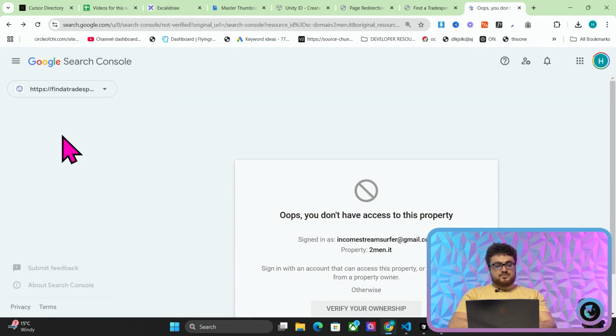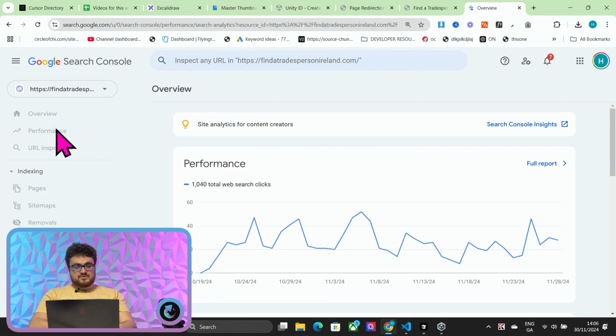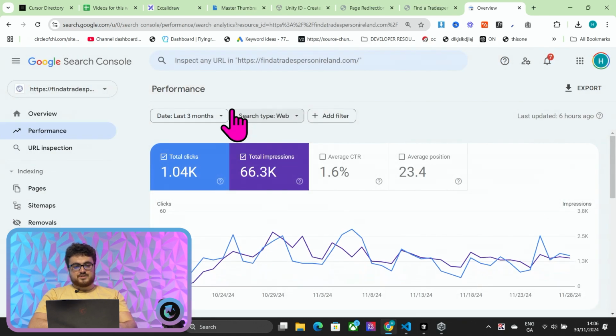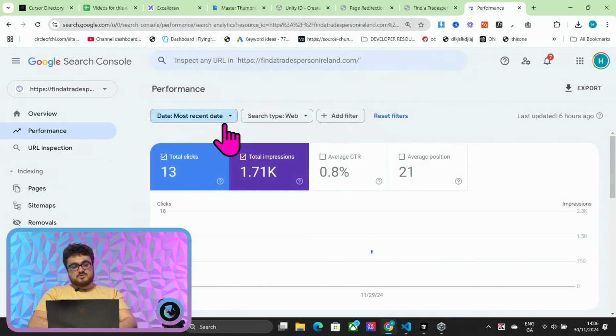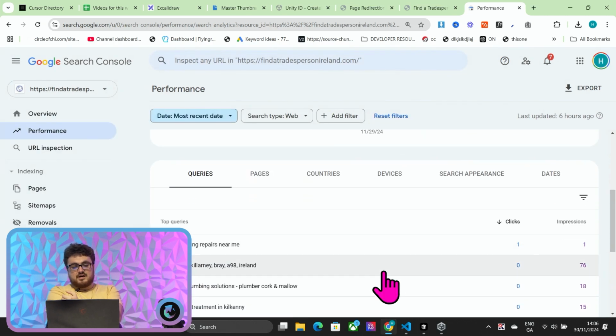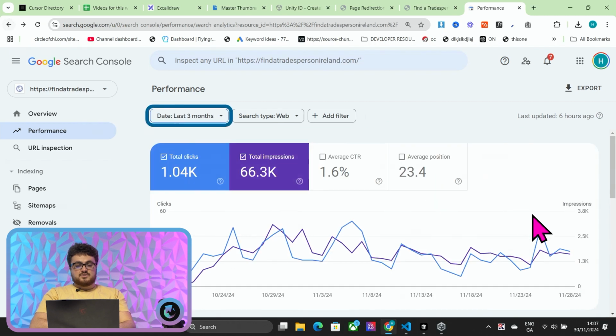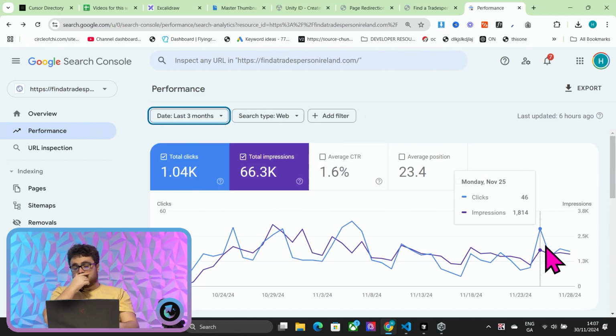Now, if you're curious about this project, by the way, if I just go on findatradespersonisland.com, in the first month of being open, it's got 1,000 clicks. Now, obviously, a lot of these are from the YouTube channel. We know that. But not all of them are. In fact, to be honest with you, not that many actually are. A lot of these are real clicks and real impressions, okay? So I haven't tried to monetize this website or anything. We're probably just going to sell this website for a little bit of money. There's no plans